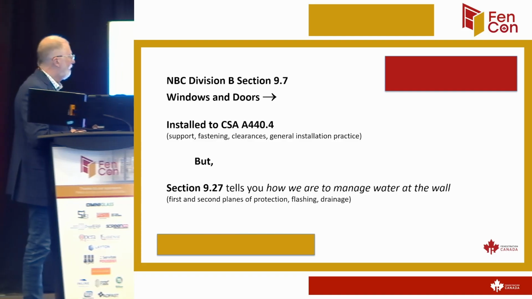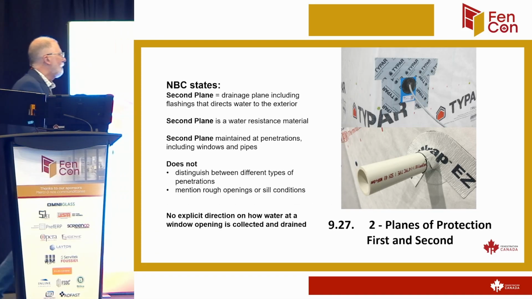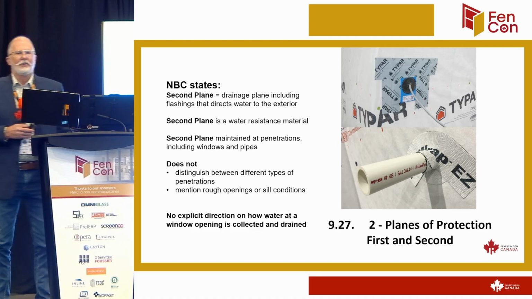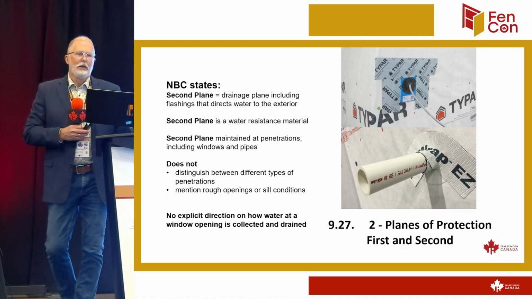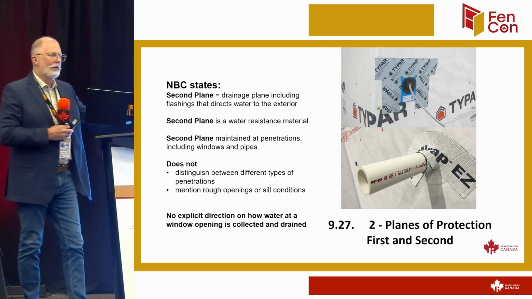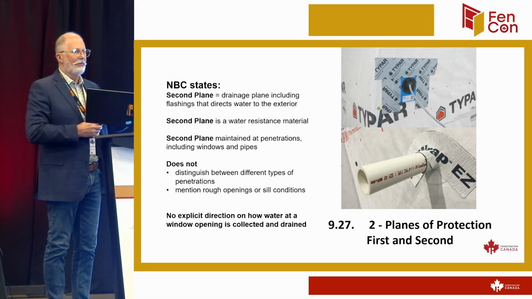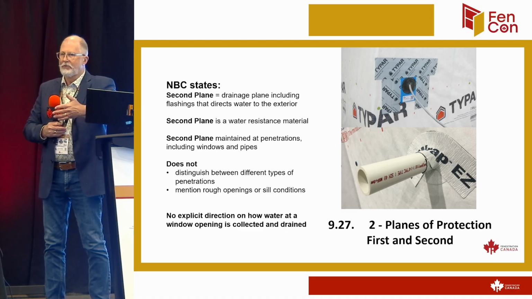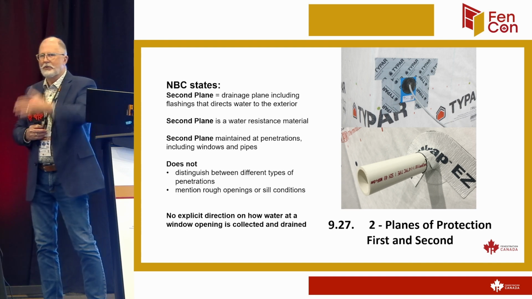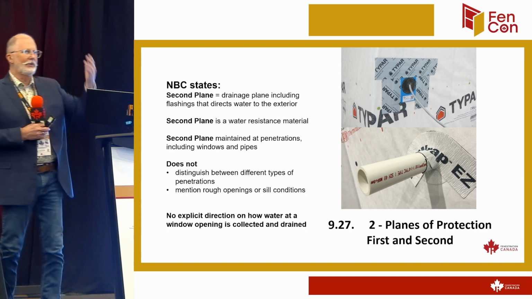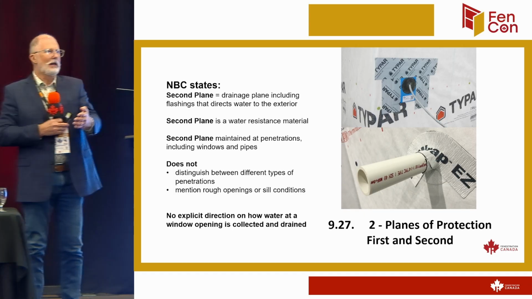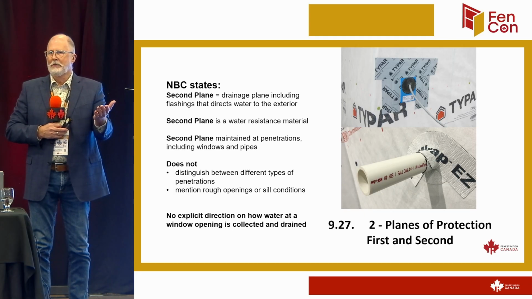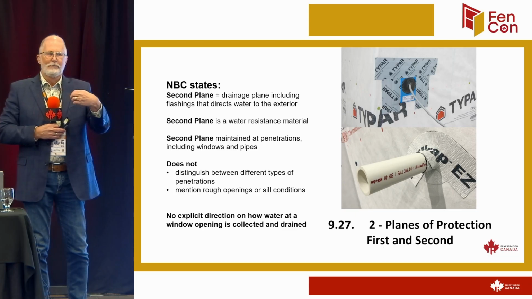So it's very, very vague on what needs to be done. But what it does say, where it talks about second plane of protection, it says that the drainage needs to take that water and direct it back to the exterior by means of the flashing. So if you have a flashing there, the membrane needs to come over the flashing. There has to be enough space to drain it out. So I don't know about you, but when I see a stucco house and I see it stuccoed straight down onto the flashing and there's no drainage, that doesn't meet the building code intent of letting the water get back out. So